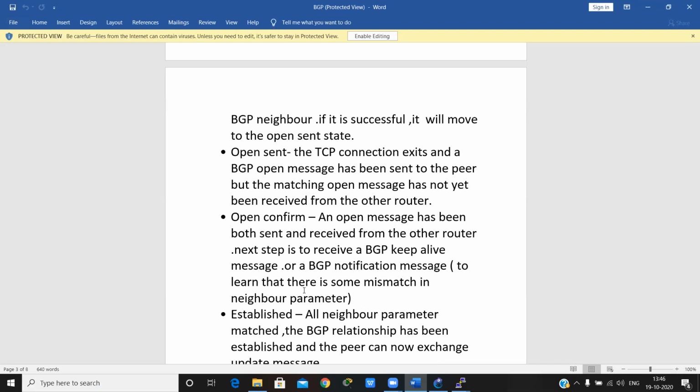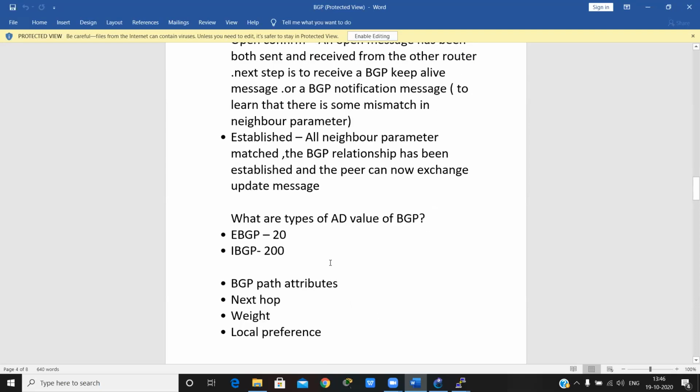If there is any misconfiguration or error in our network, then it sends a BGP notification message, generated when there is a mismatch in the neighbor parameters. Then next is established: all the BGP parameters have matched, the BGP neighbor relationship has been established, and the peers can now exchange update messages.